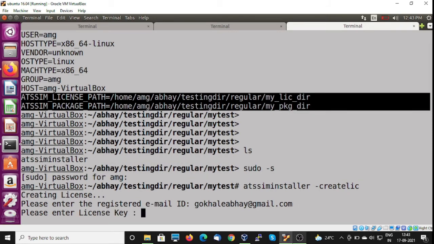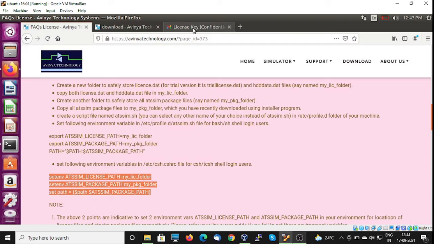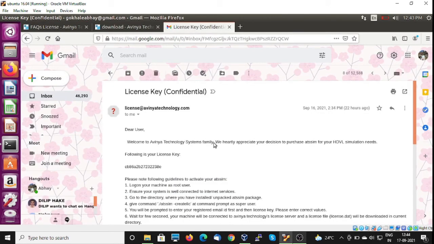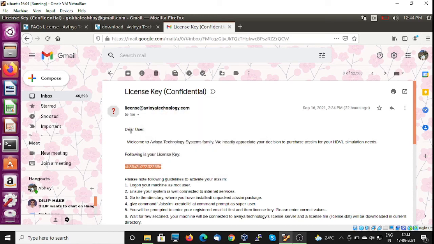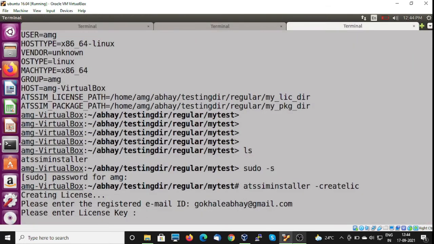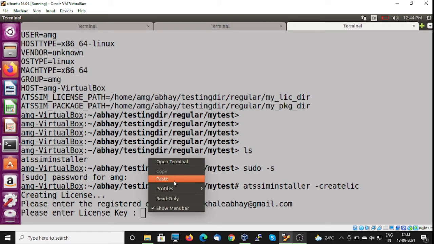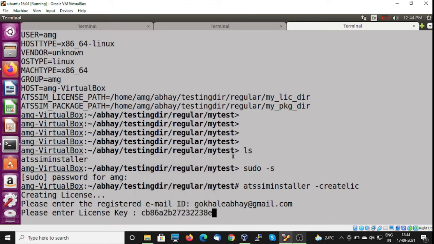So I have my email ID. I have got this activation key here. I will copy this and then let me paste here.